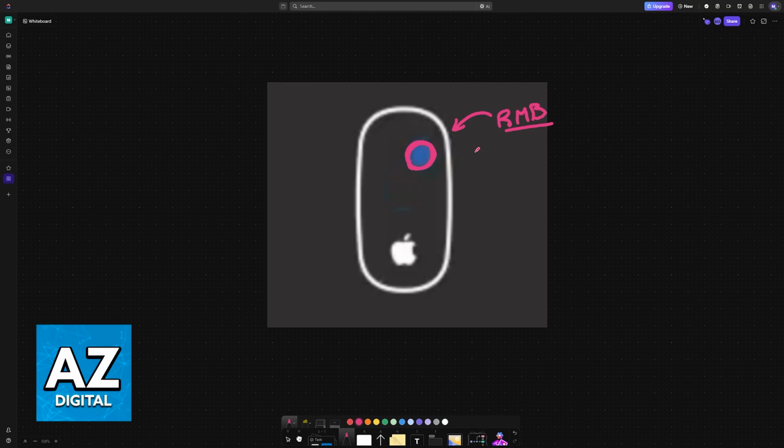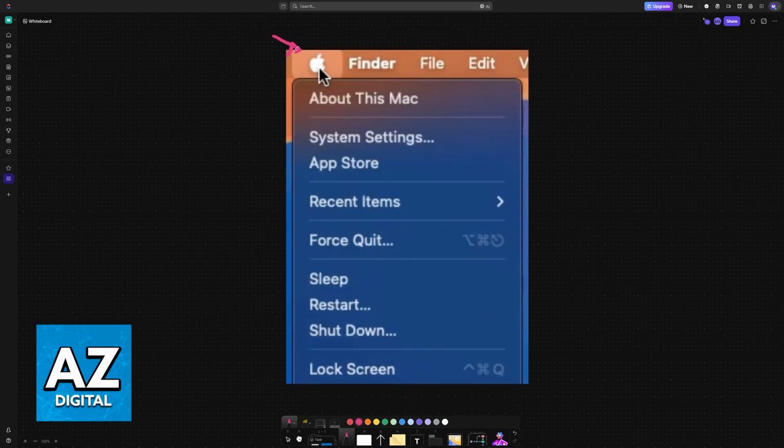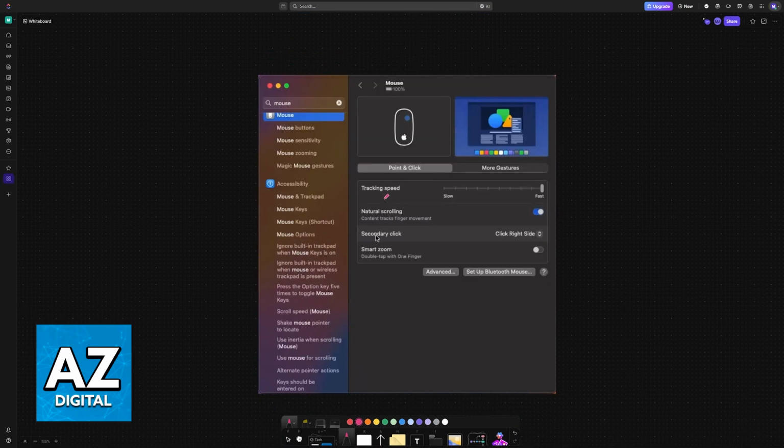you familiarize yourself. In order to do this, you have to click on the Mac icon at the top left and then go over to System Settings. So access the System Settings on your Mac. This will work for a MacBook, a standard desktop, whatever you have. On the System Settings, look for Mouse and choose the main category here, Mouse.